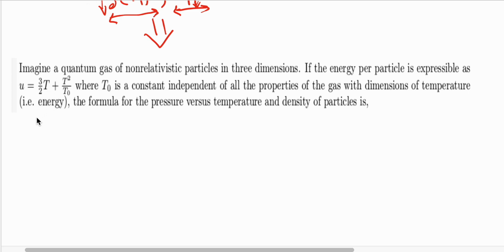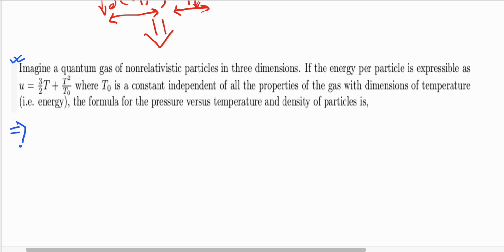So this is the question. It is asked here: imagine a quantum gas of non-relativistic particles in 3 dimensions. If the energy per particle is expressible as U equal to 3/2 T plus T squared by T0, where T0 is a constant independent of all properties of the ideal gas with dimensions of temperature, find the formula for the pressure versus temperature and density of the particle. So you have to solve this question, right? Now to solve this question,